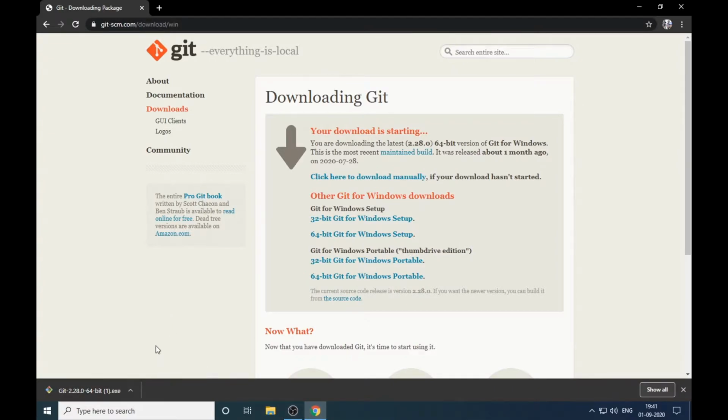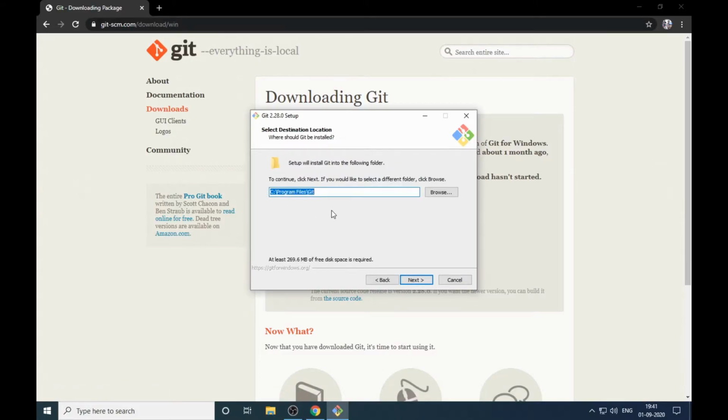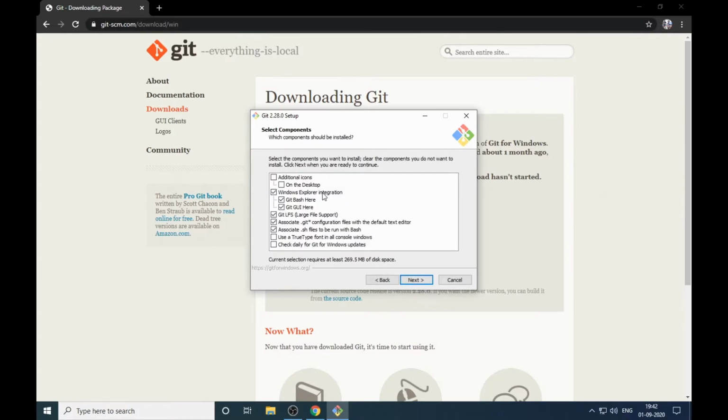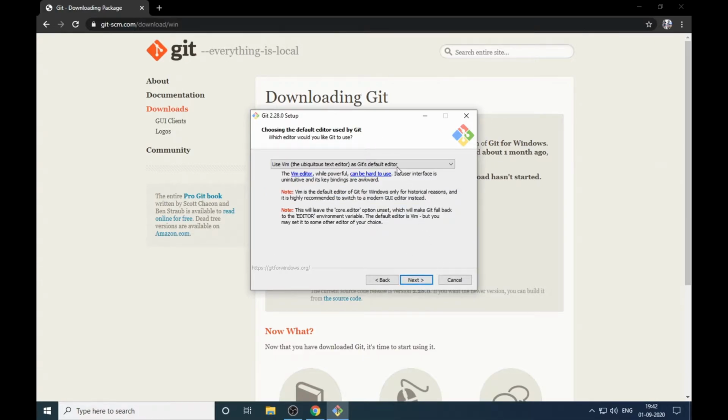Okay, so now our Git Bash has been downloaded. To install, click on it, say yes, click next, and leave it as default. It's up to you, you can change the location as well, but for the time's sake I'm just keeping the default. I want additional icons on my desktop, so I click on it and then next, yes, next, and next.